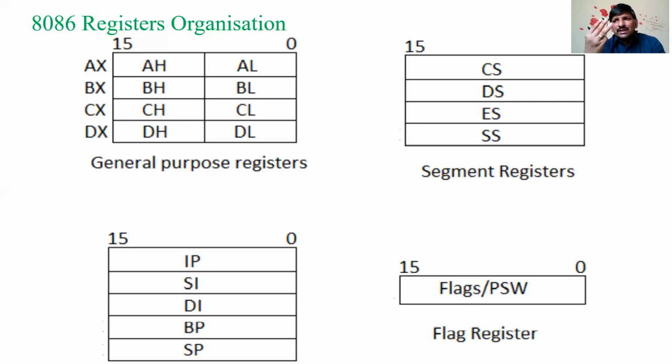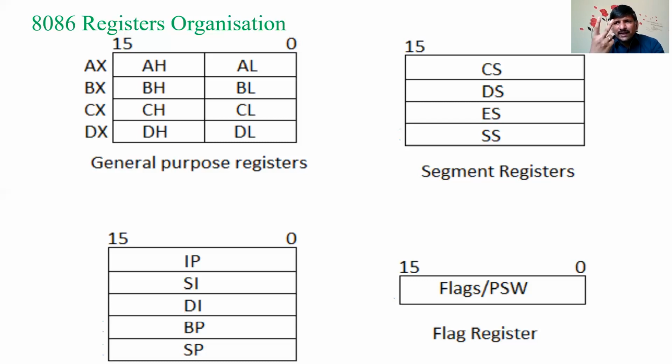Next, it contains 3 control flags. First one is the direction flag. When the processor accesses from MSB to LSB, at that time only, that direction flag is 1. By default, it will access from LSB to MSB: first byte 0, next byte 1, next byte 2, next byte. Like that, accessing from LSB to MSB is by default, with flag 0. Whenever the processor wants to access from MSB to LSB, at that time, the direction flag is 1.